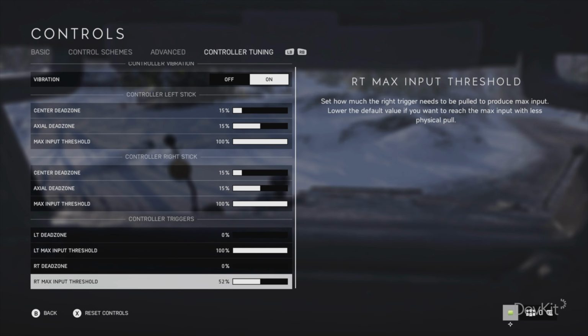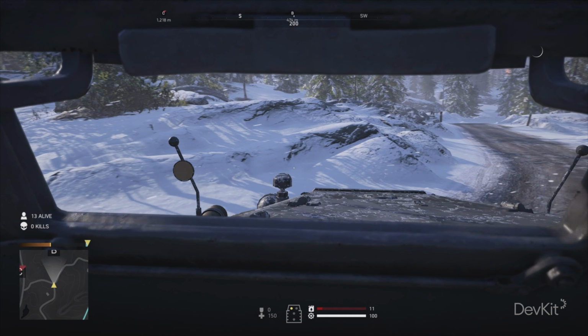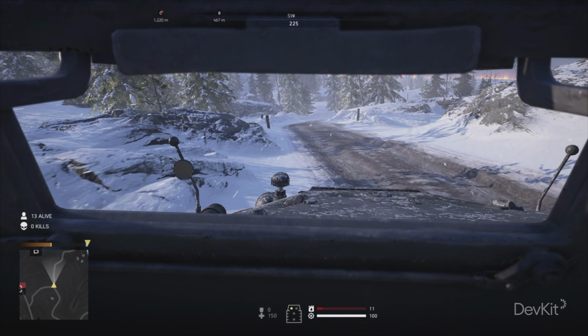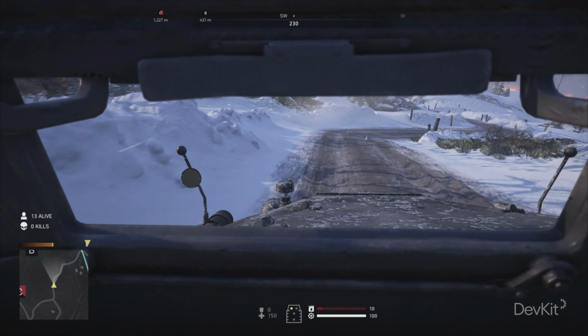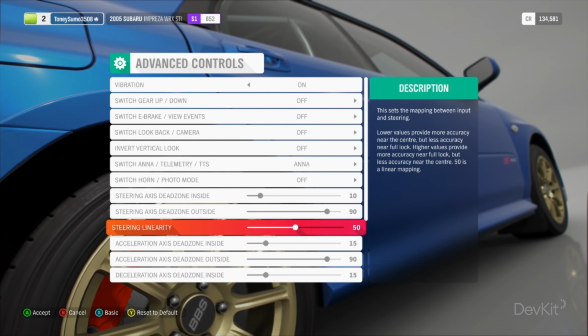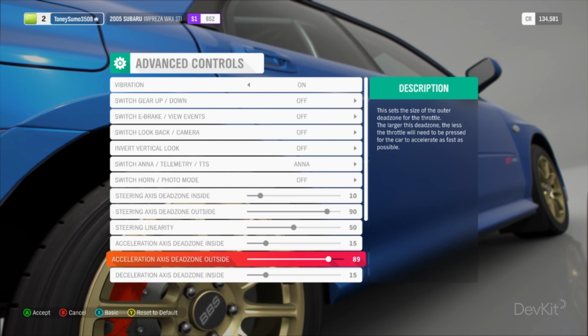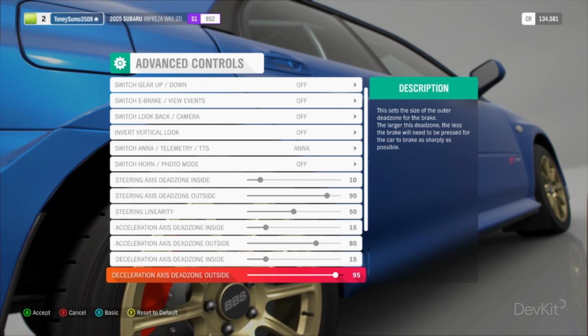Here for the triggers, it's referred to as the max input threshold. Lowering the required value reduces the distance the trigger will need to be pushed before a vehicle will reach maximum acceleration, for example. Forza Horizon 4 includes the option to alter the outer threshold for various different actions like steering, accelerating, braking, and using the clutch.